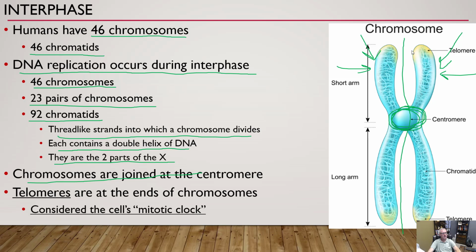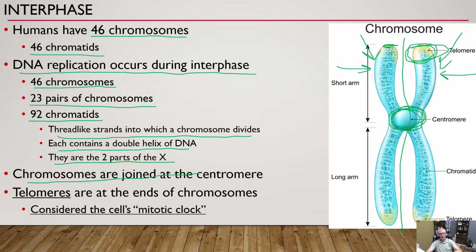And then we have these things called telomeres. They're basically the ends of the chromosomes. They're considered the mitotic clock. And when we do mitosis, every time we replicate our DNA, a little bit of this telomere gets chopped off. And so we can only replicate our DNA for so long,